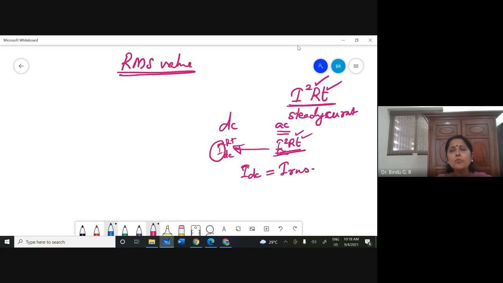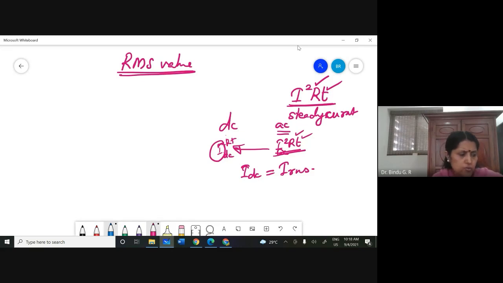Because we know how much work a DC current can do. We know the equation I squared RT. So write down this: the effective or RMS value. What is RMS? We'll come to the expansion later on. The effective or RMS value of an alternating current is that steady current, or a DC current,